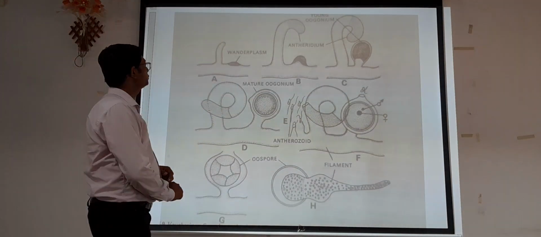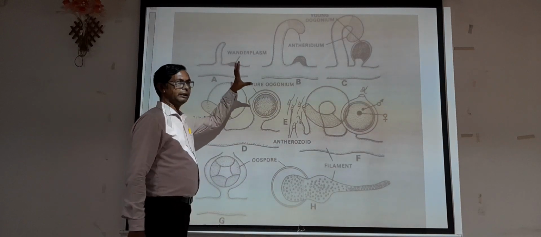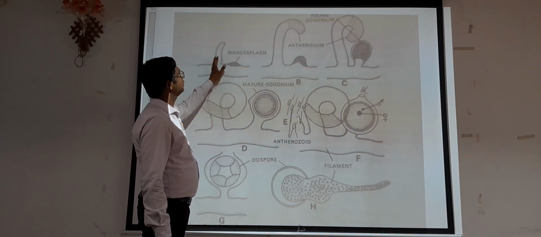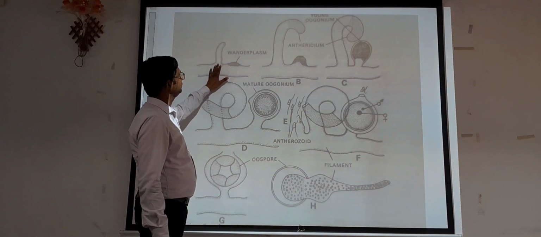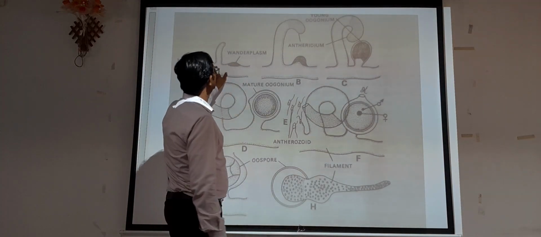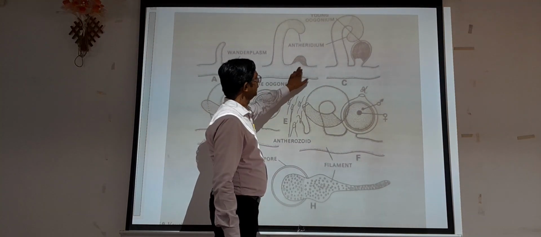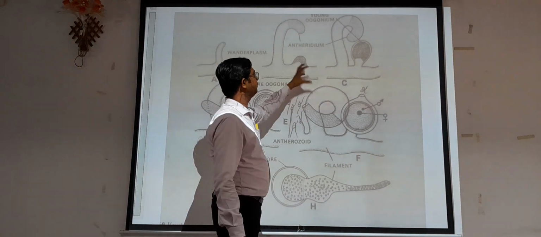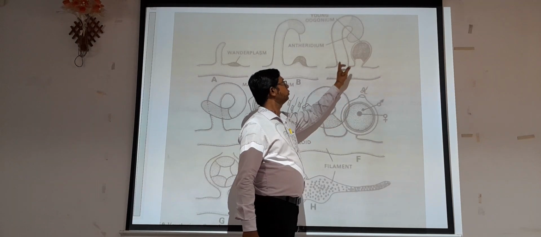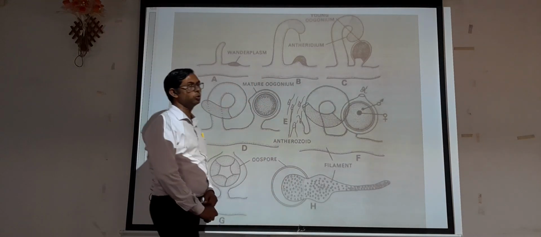sexual reproduction. So here you can see this is nothing but the vegetative part of the Vaucheria. It will produce this curved structure that we call an antheridium, and here a bulge of cells is produced that later on develops into oogonium. So further development will take place and it will convert into a hook-like structure, and this bulge will enlarge and produce a big bulge and convert into a globose structure. So the hook-like structure is known as antheridium and the globose structure is known as oogonium.